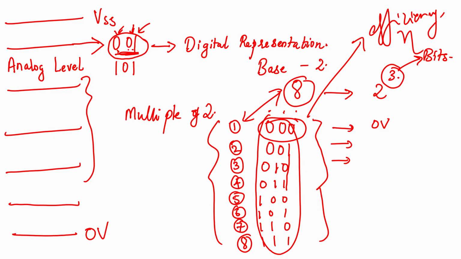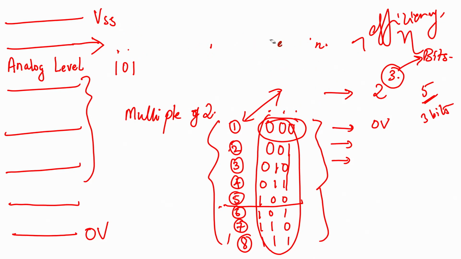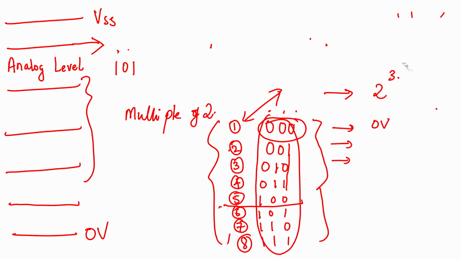We have used the bits to its complete efficiency. So we can also always have, let us say, only 5 levels and we will use 3 bits. That means we will only use these 5 levels here, or maybe select 5 levels from here, and other bits will not get used. That is not a very good way of designing circuits. That is why we always go for a multiple of 2, because it is a binary system. We always go for a multiple of 2 levels in your analog domain. So now that is clear to you.